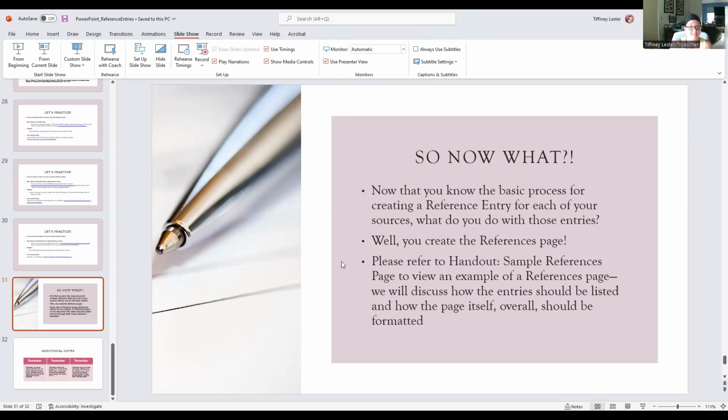And actually what I would say is create the references page first, even if it's not in the document yet, and it's just over here by itself in another Word document that you're eventually going to copy and paste in the document, your essay document at the end of the essay. Create the references list first, so that way it will help you with your citations, which we'll look at in the next lesson. But you got to create the references page. Yes, you created the entry for each source, but now what? All right, so let's look at